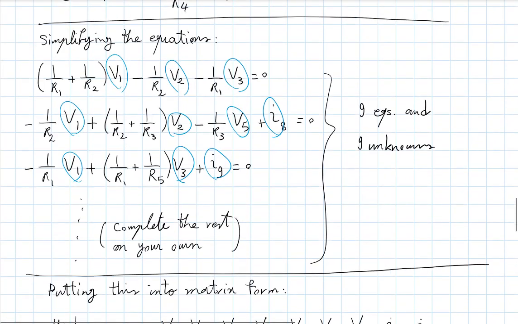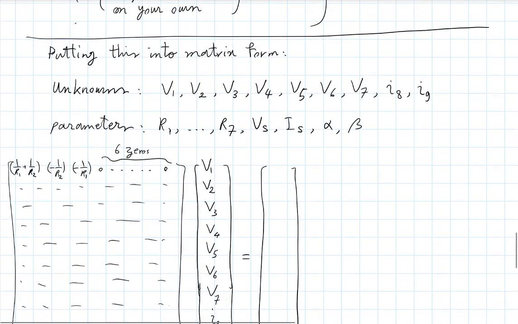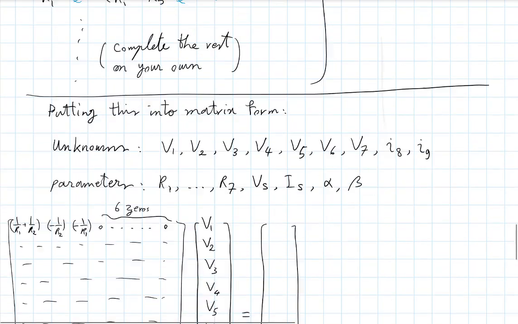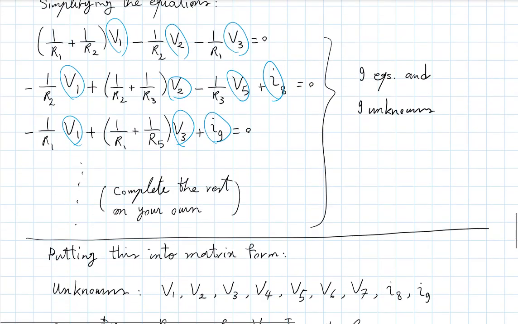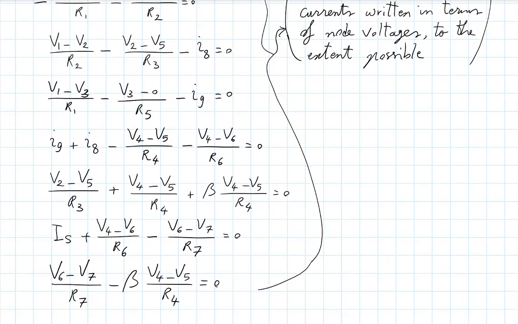And then you have to take care of the right hand side of the equation, and so this will be another vector on the right hand side. And as you can see, for instance, the first equation, second equation, and third equation that we have explicitly written here, they all have 0 on the right hand side. But then if you write all the other equations that I ask you to complete on your own, which are really these that you will simplify, you will see that some of them have the sources I sub s and